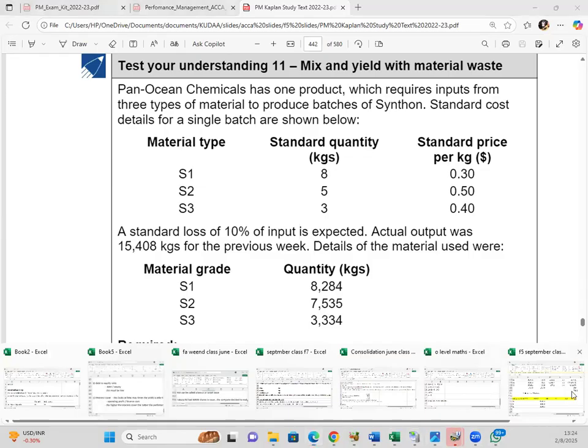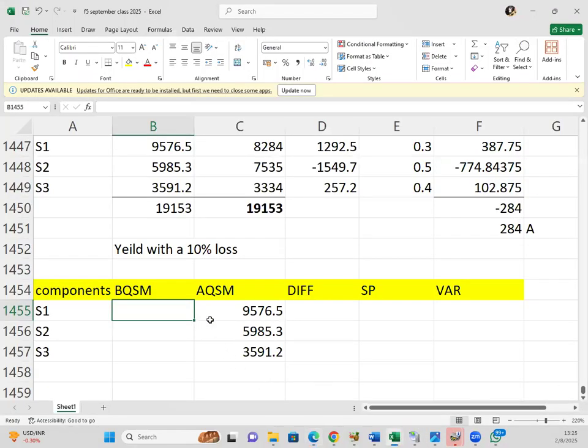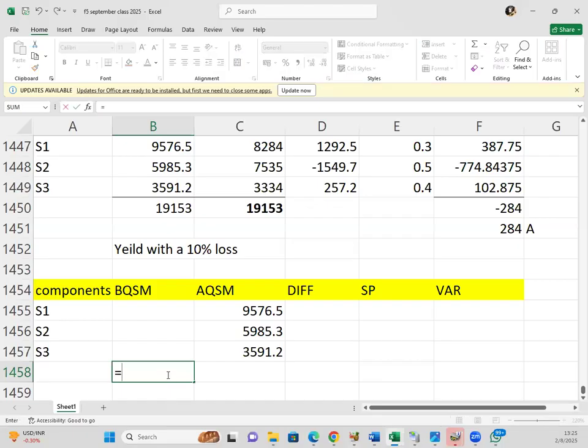Because when we are sharing the budgeted quantity, it must be inclusive of the loss. So if the actual output is 15,408 after removing the 10% loss, before the loss, you divide by